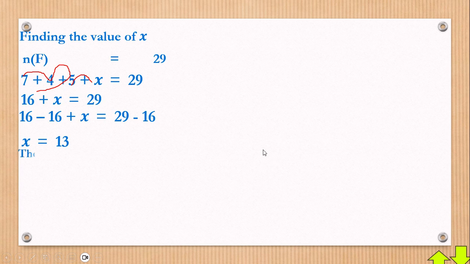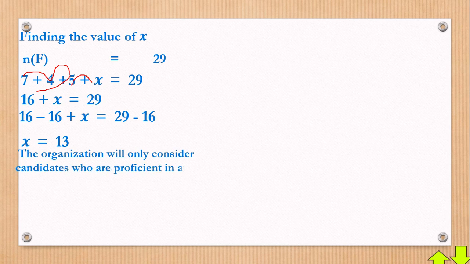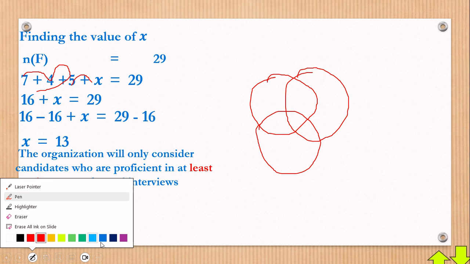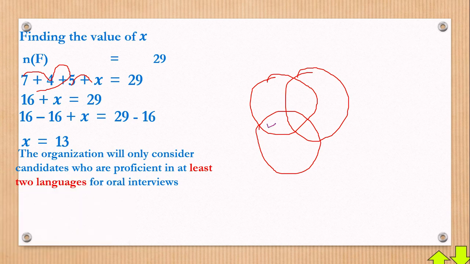Okay, let's conclude that the organization will consider candidates who are proficient in at least 2 languages. We are trying to break down what the organization wants, bringing forward what was in the question so we can understand. These people are considering what you call at least 2. As far as sets are concerned, let me have this drawn here. When we talk about at least 2, this is what we take. I'll be putting ticks. We take this plus what is there, plus what is there, plus what is there. Whenever we talk about at least 2, that's what we always take. We add whatever is in those regions which are ticked.